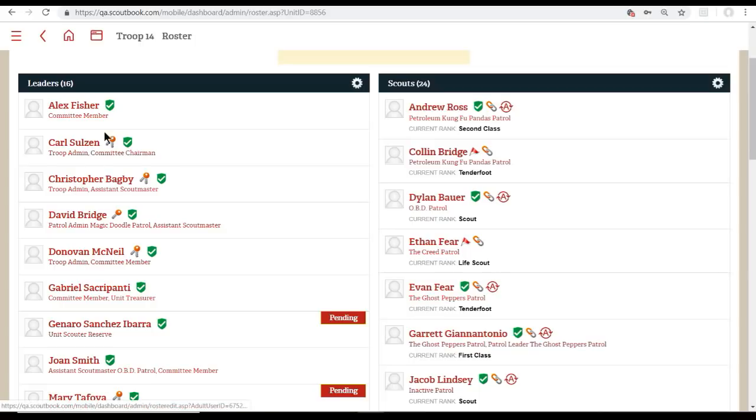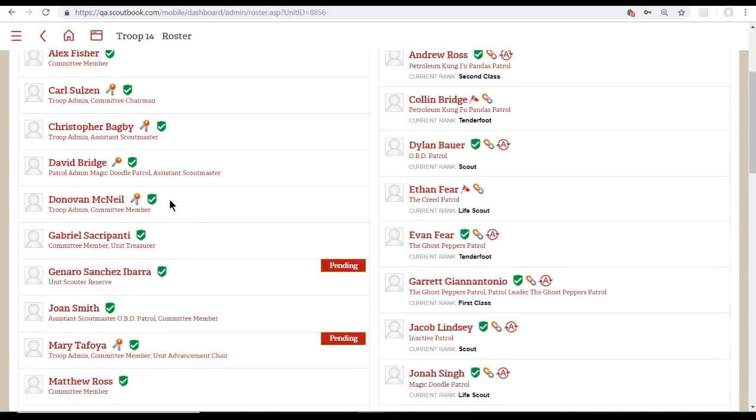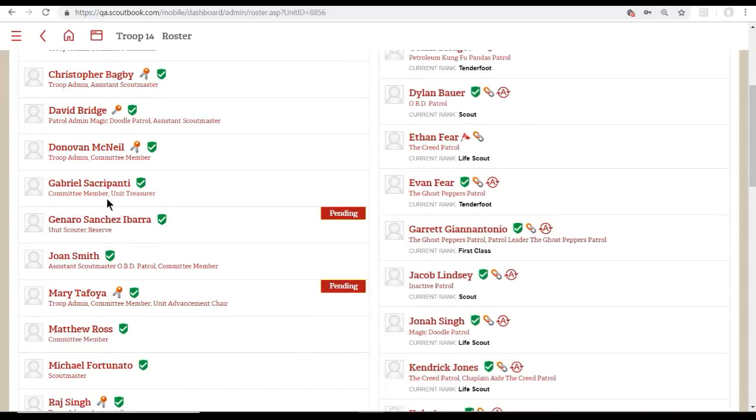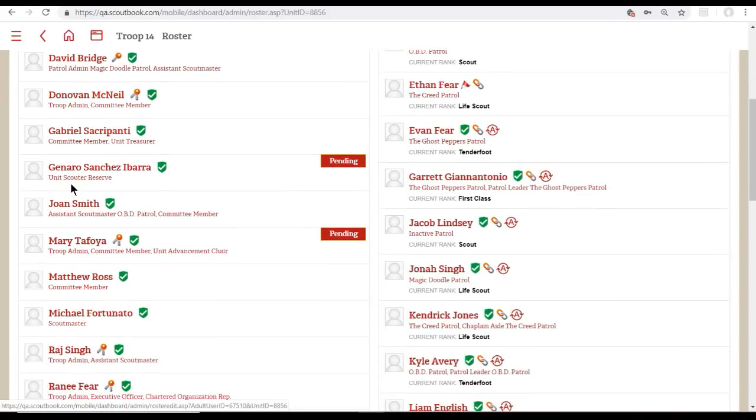They can do whatever they want in the system. If they have one line, that means that they are a patrol administrator. That means they can move scouts around, they can approve things inside the patrol, they can do things inside of the patrol, but just for one patrol. That would be like a den leader or a patrol advisor. So let me show you how to set up a den leader or patrol advisor. You would click on their name,